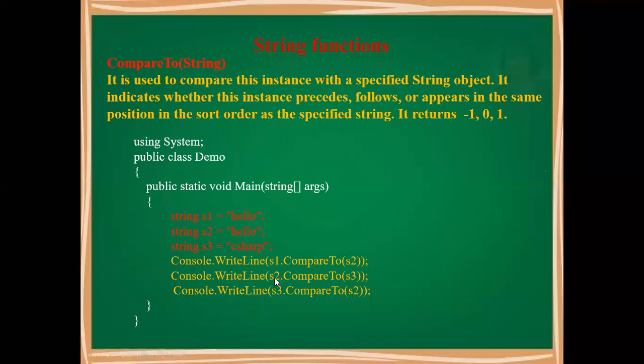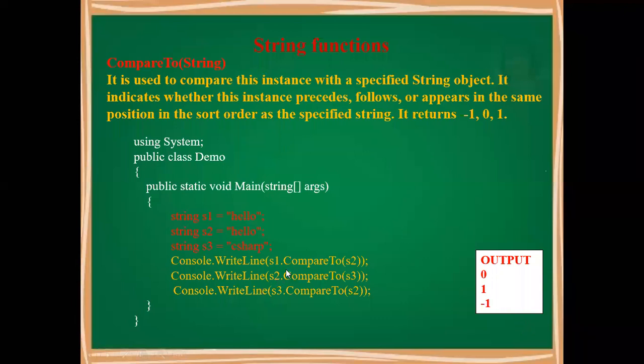You remember here the S2 string is there, and we are comparing it to S3. Then in the last line, string S3 will be compared to S2. Again, that is the reverse. So we can find out the result. Now you have to observe the result. What is -1, what is 1 and 0.